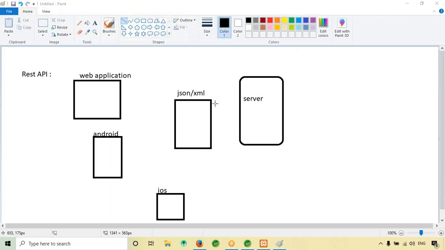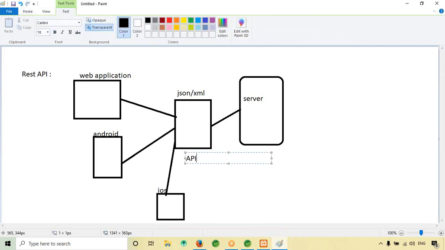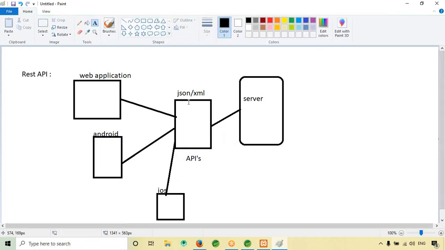So now what I will do is, from the server JSON, we have the APIs. My web application, Android application and iOS application are all connected with the APIs, and the APIs are connected to the server.